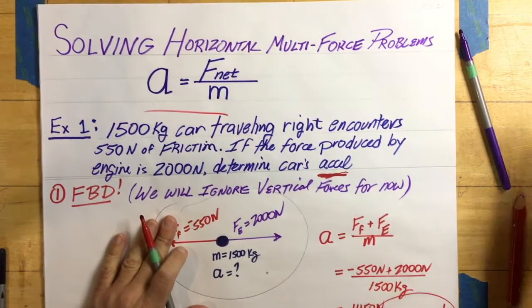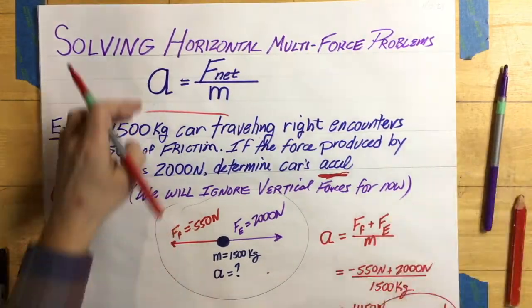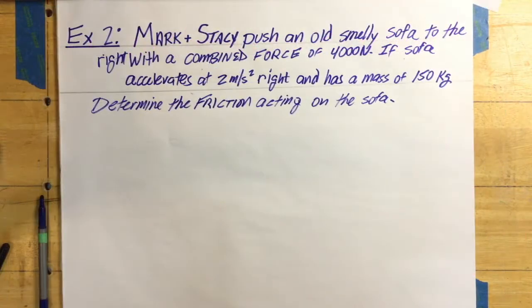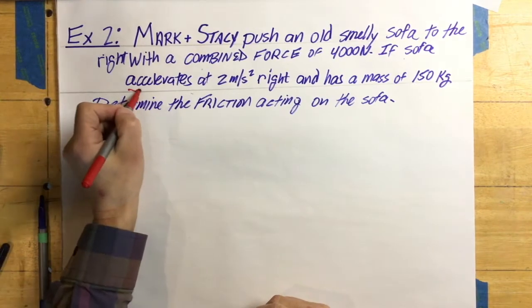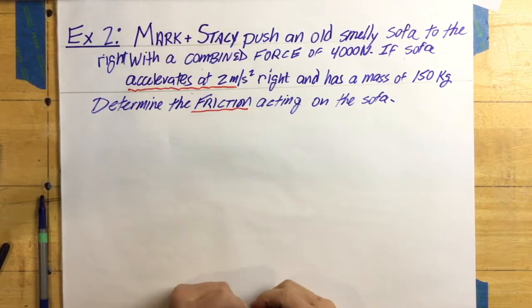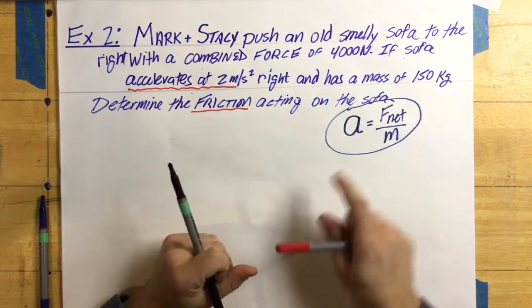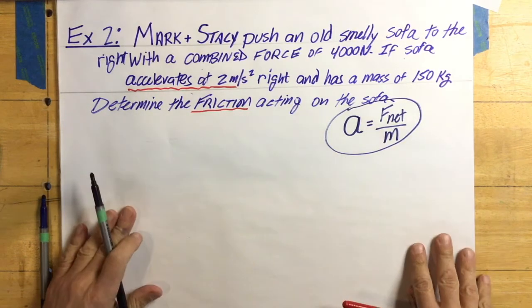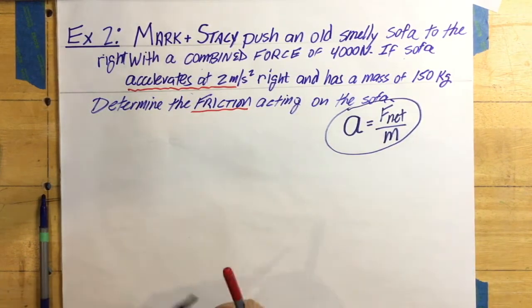I'd like to look at one where you're not just solving for acceleration. Let's look at one where you're going to solve for a force. So now we have an example of a problem where they give you the acceleration and they're asking for friction, which means you're going to be solving for a force. So there's Newton's second law. It might have magically appeared there. We'll check. And I'm going to start out again